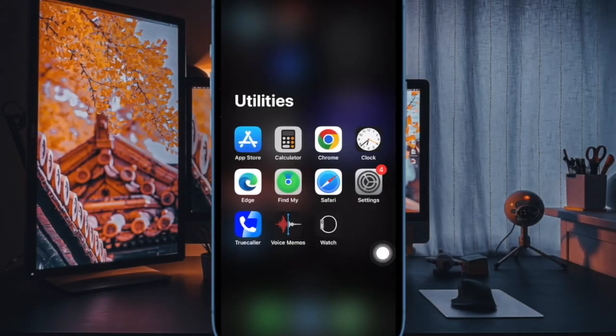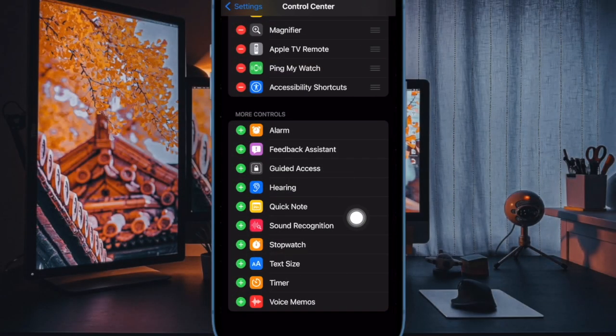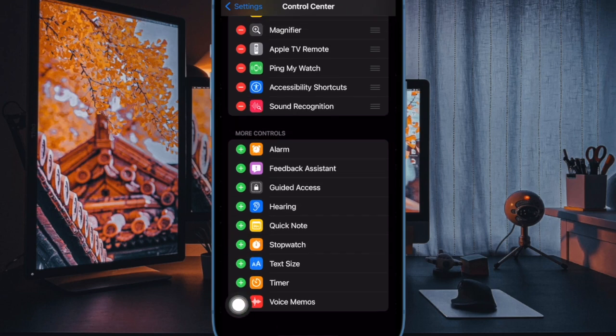To get it done, open the Settings app on your iPhone or iPad. Now select Control Center. Under the More Controls section, tap the green plus button beside Sound Recognition to add it to the list of included controls above. Notably, you can also use the hamburger handles on the far right of the controls list to arrange them in